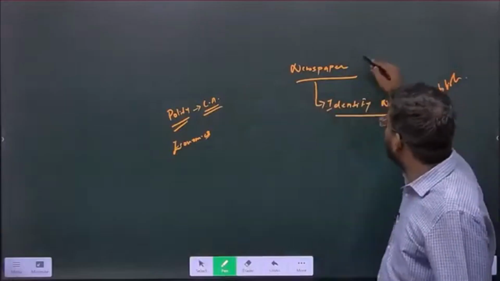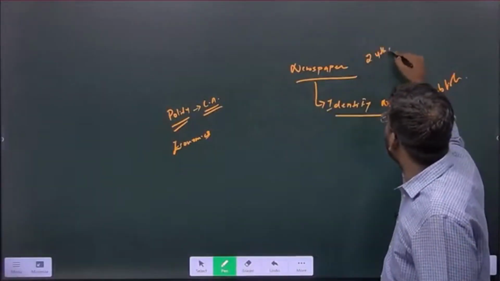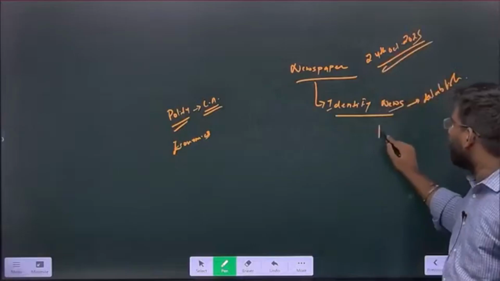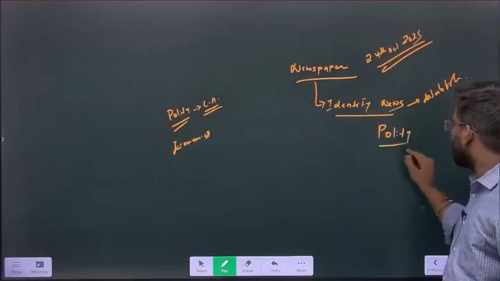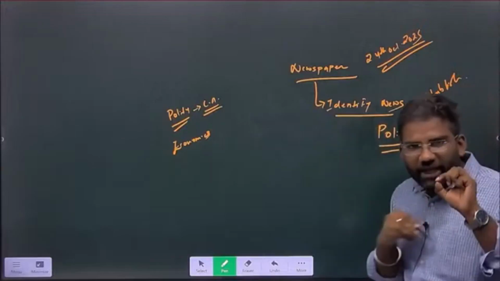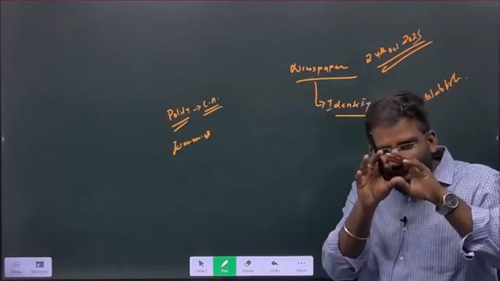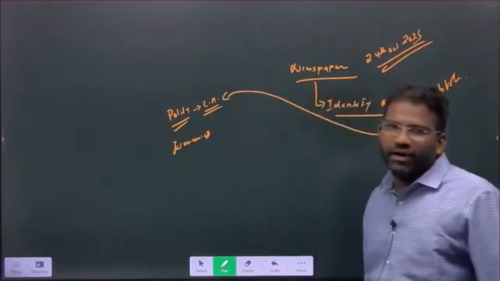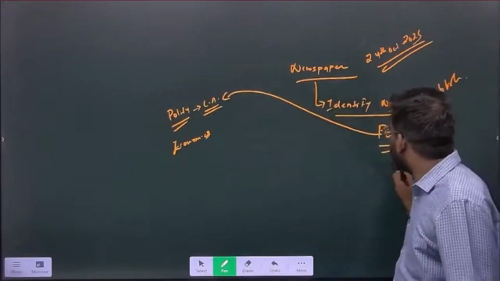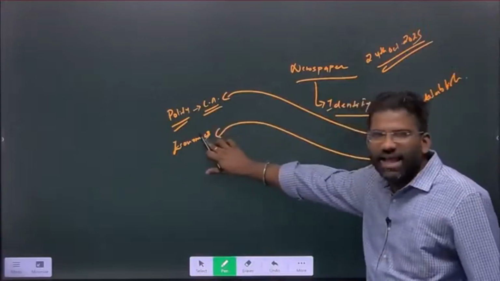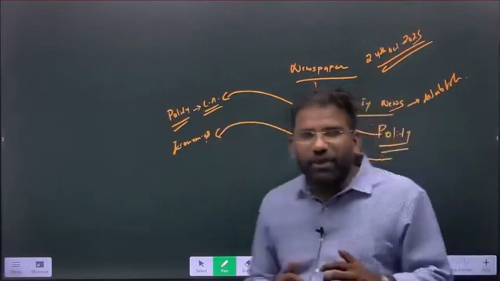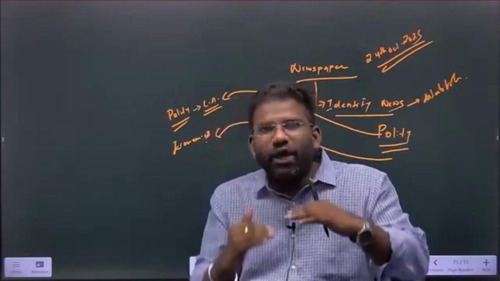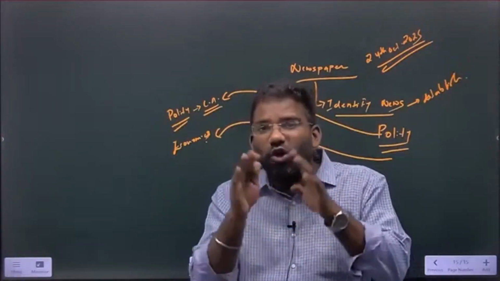For example, you are reading the newspaper of 24th October 2025, and one news you have identified is from the subject polity. Read the news, scribble down the notes, make a proper structure of the news and add it to the polity current affairs file. If you have got news from economics, add it to the economics file. What people usually do is put a date and write down the news, but it is very difficult to recall the news that way.